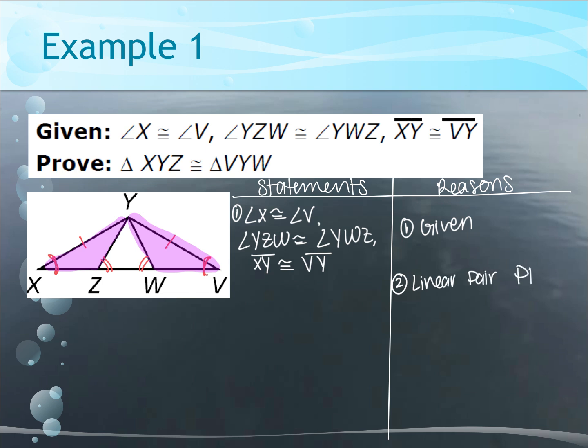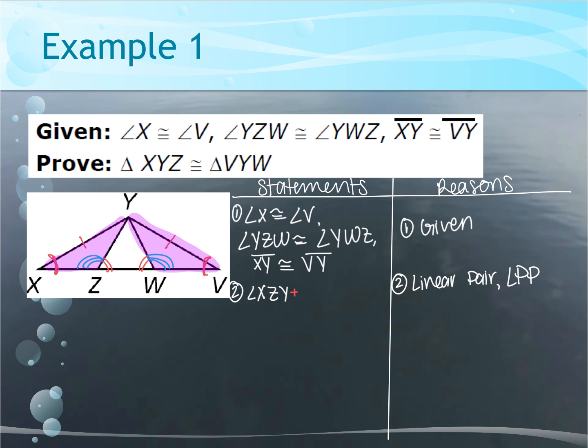I'm just going to shorten it to LPP, linear pair postulate. And what that states is angle XZY. I'm trying to show or prove that this angle right here is congruent to this one. So they're giving me what I have, XZY, that's what I'm trying to prove, plus